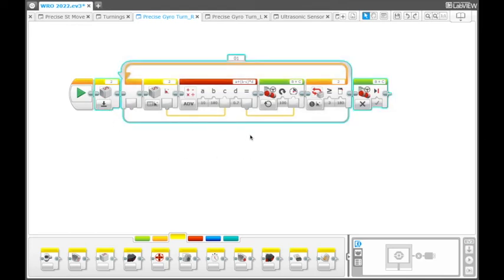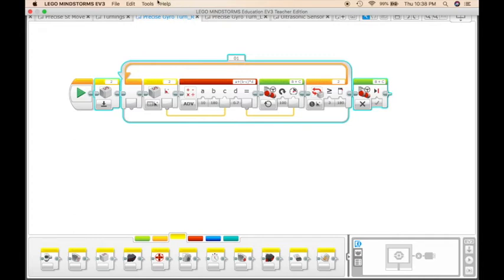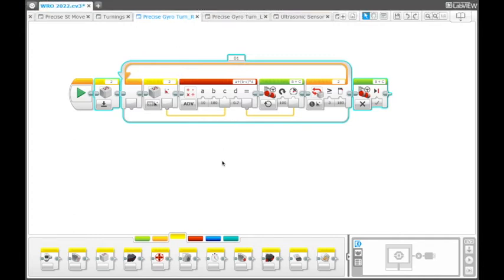You have to select all the blocks and then go to tools and do similar steps to convert into a my block. So in case you're not giving the reset block here, then in the main program, wherever you are using this as a my block, you have to give the reset block. So it's better to add the reset block in the main program itself. So now let's move to the